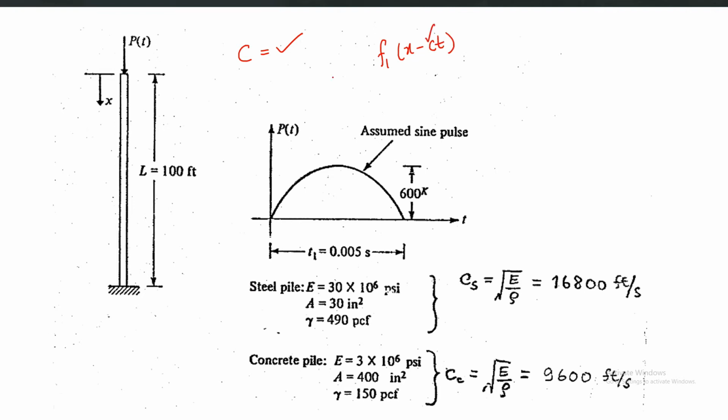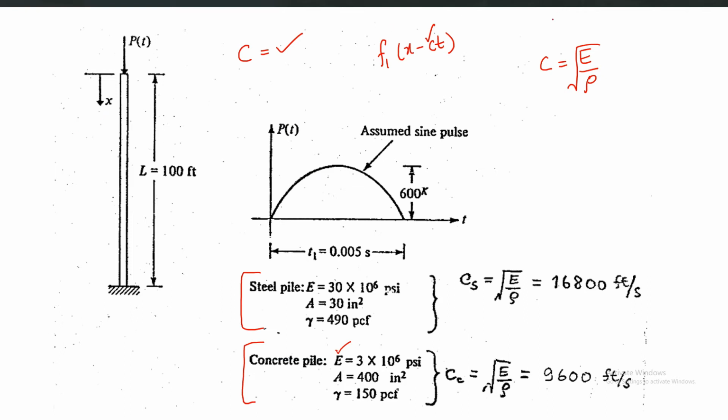So first thing is to calculate C, and C is equal to the square root of Young's modulus divided by the mass density. Let's assume that this rod is first made of steel with given steel properties, and again we will repeat the same example. In fact, we will perform it for both steel and concrete. For concrete you will have a different elastic modulus, different properties, different dimensions, etc. The density also will be different. So the same force will be applied, you can say, first for steel and again for concrete.